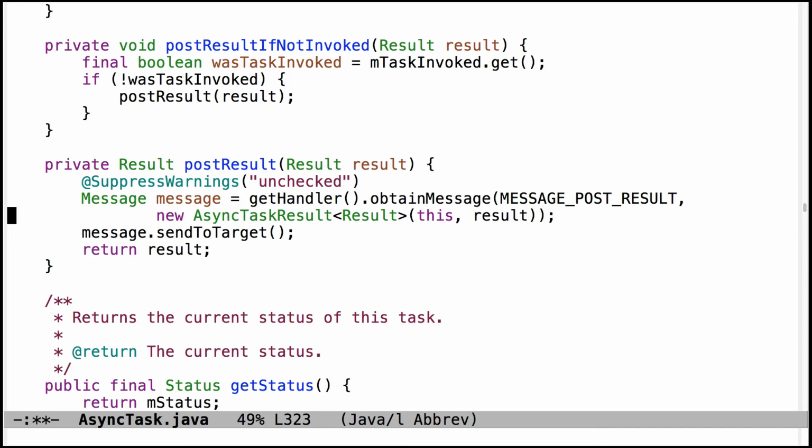It's saying getHandler. So getHandler is going to give it back the reference to the static handler object, which has an affinity with the UI thread, so it's bound to the UI thread. We're going to make a message that says, I'm the post result message with this async task result, which is the result that came back from doInBackground. And then it says, hey, message, send